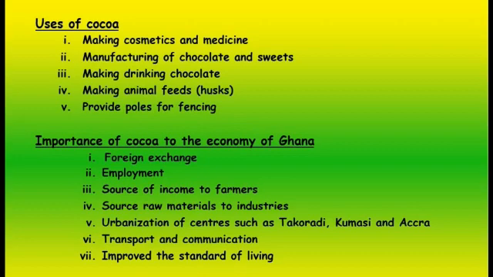Importance of this crop to the economy of Ghana. Number one, the country earns foreign exchange. Number two, employment. Number three, the source of income for farmers. Number four, source of raw material to the industries. Then we have urbanization of centers such as Takoradi, Kumasi, and Accra. Then development of transport and communication, and the improved living standards. Class,